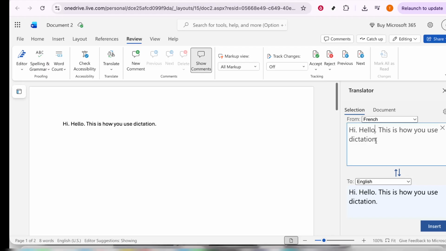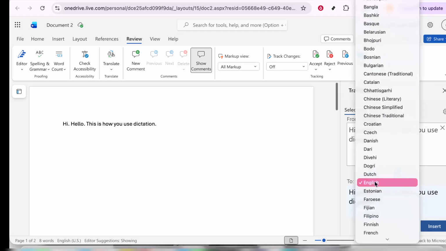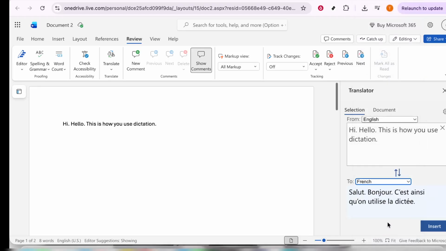After that, select whether you want to translate a selection, the entire document, or adjust preferences. If you choose selection, Word will translate only the specific text you've highlighted. This is a great option when you only need to convert a sentence, paragraph, or small section without affecting the rest of the document. If you choose document, Word will work with the full file, which is helpful when you need a broader translation. And if you choose preferences, you can manage language settings and customize how Word handles translation